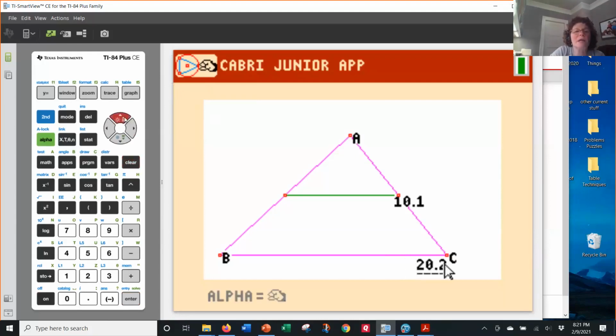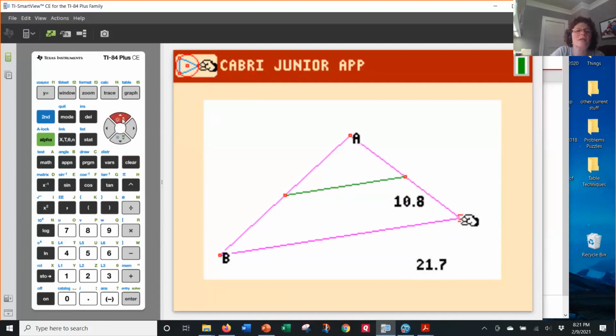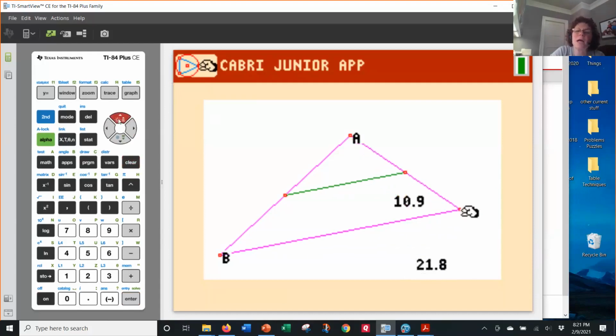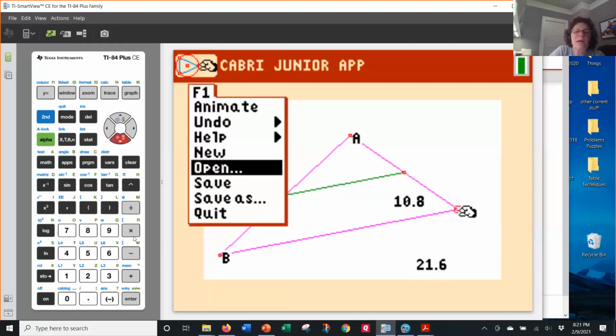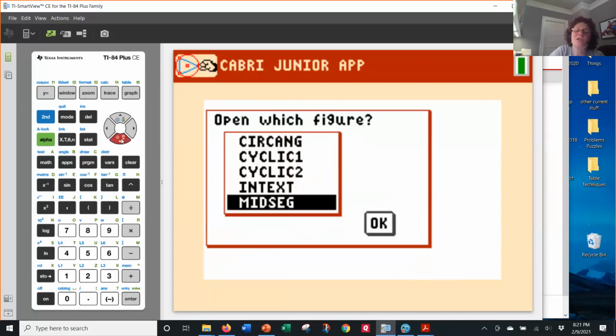But the key thing with dynamic geometry is dragging and moving, grabbing and dragging and observing. And watch what happens as the triangle changes. Can you see those differences? Do those relationships hold true? Let me show you what is already pre-made in the other files. Midseg is the base file with no measurements. Midseg 1,